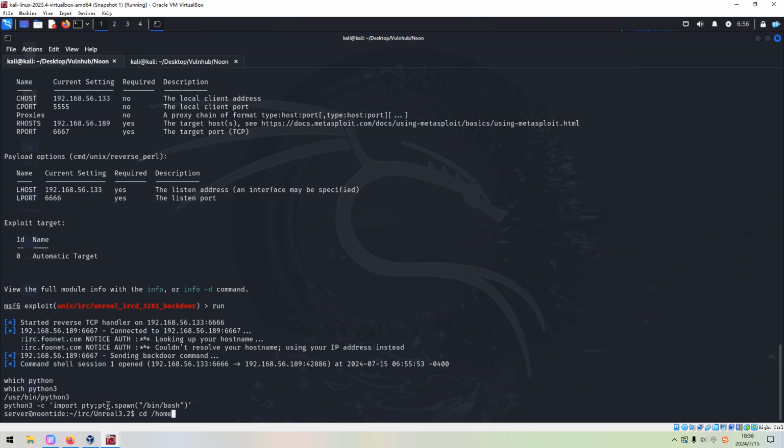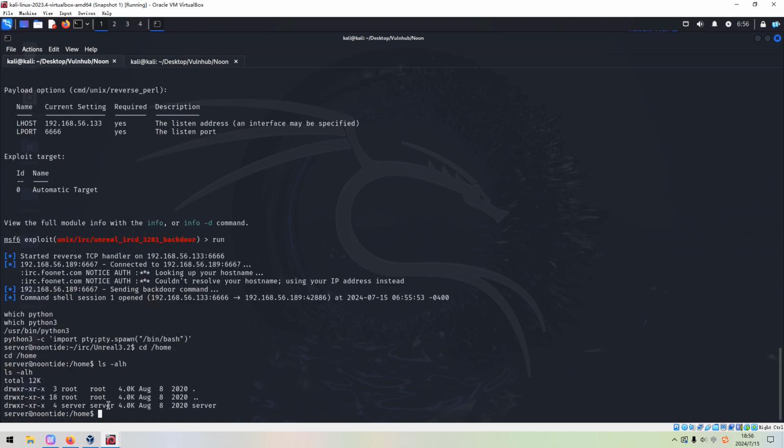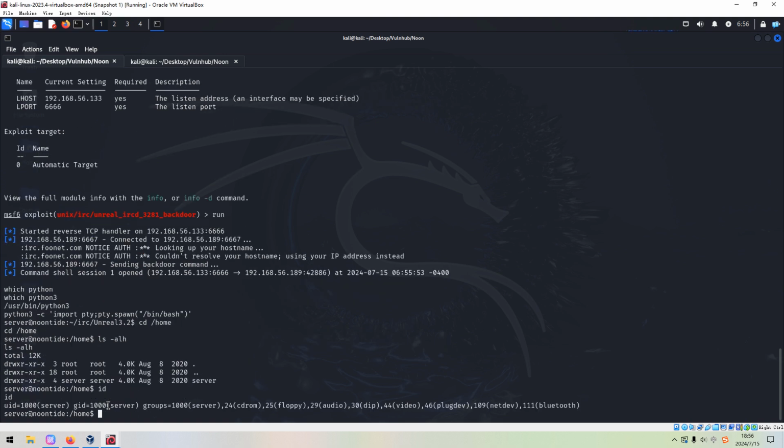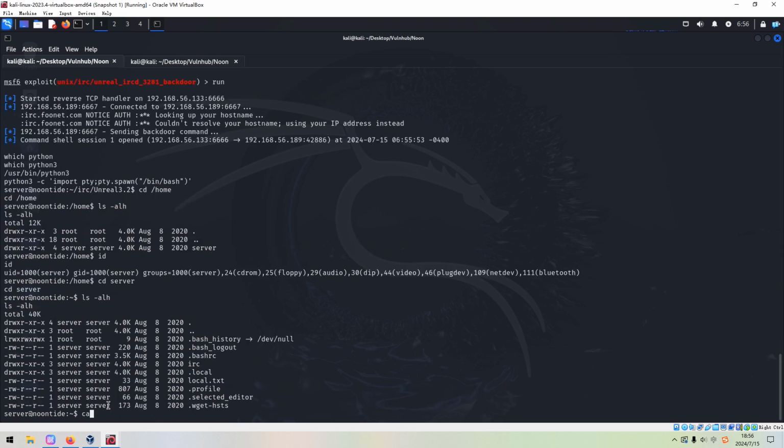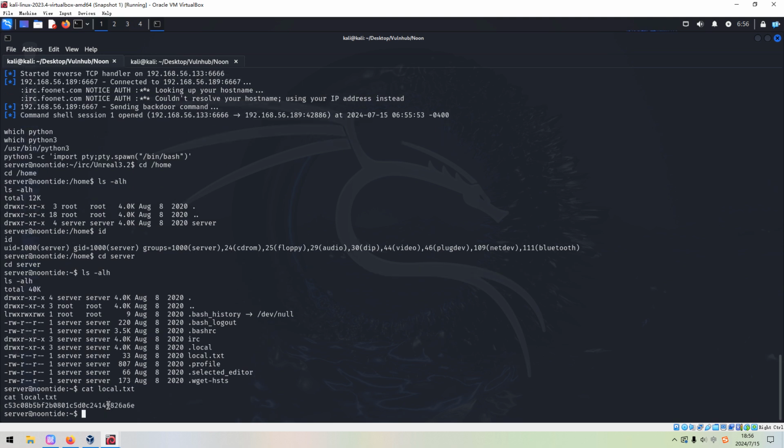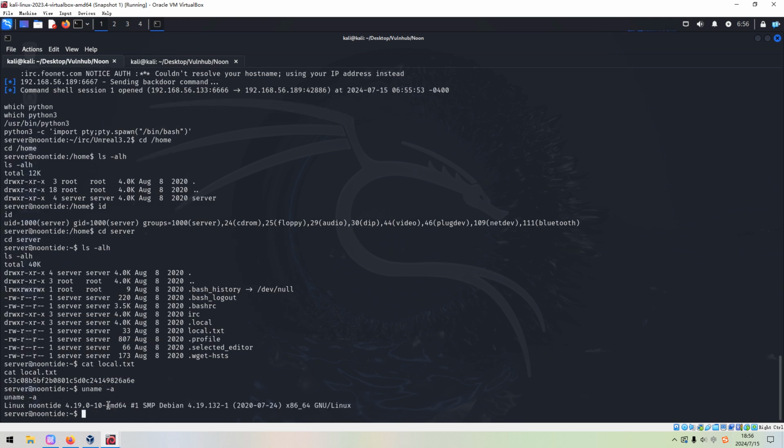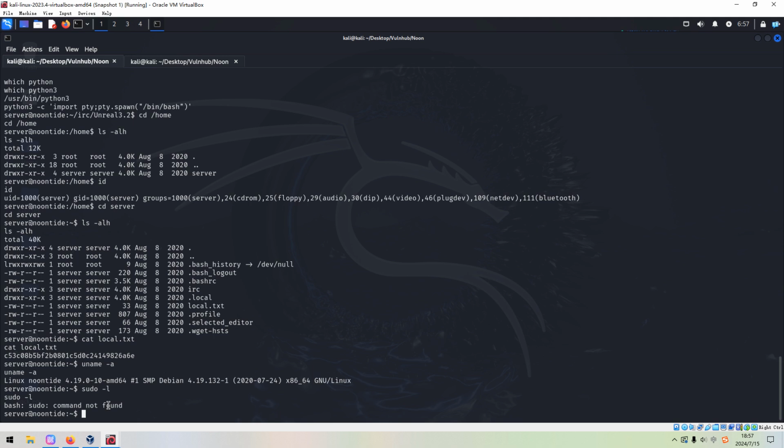Okay, so now we can go to the home directory to do the local enumeration, the ID, and we can go to the server directory, and then we can get the local flag or user flag. Okay, no problem. Next, we need to elevate a privilege. So the architecture, and also we can run sudo. So sudo command not found. So next,